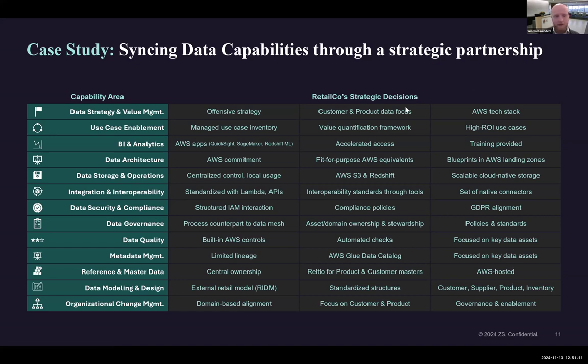If I pick another one, data architecture, they followed the AWS architecture. The big advantage here is that if you actually commit to this, they have ready-to-go, off-the-shelf architecture blueprints for pretty much anything you need for analytic environments, the landing zones, all of those things. Data storage, similar. They were able to have centralized control, especially around minimal access controls as well as budget tracking. But other than that, the local teams were able to have their own environments. All of this now follows common AWS best practices.